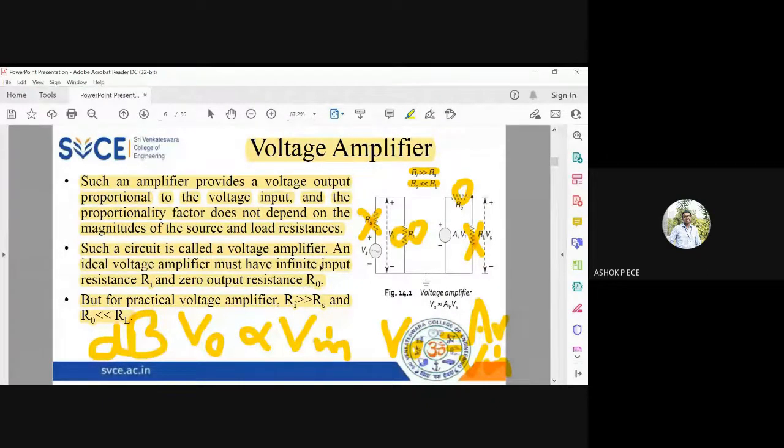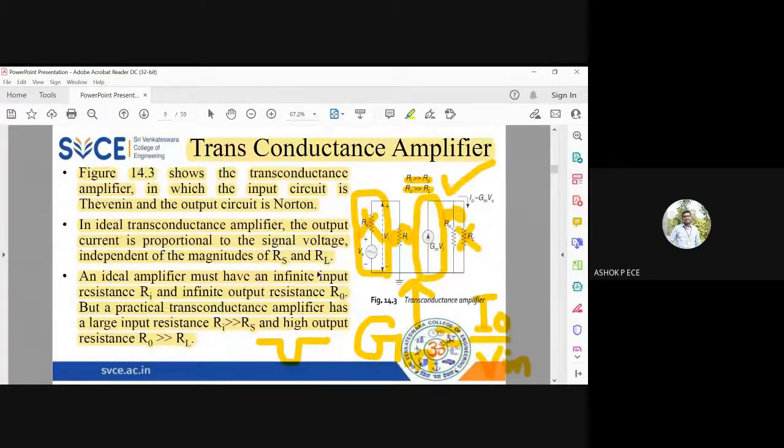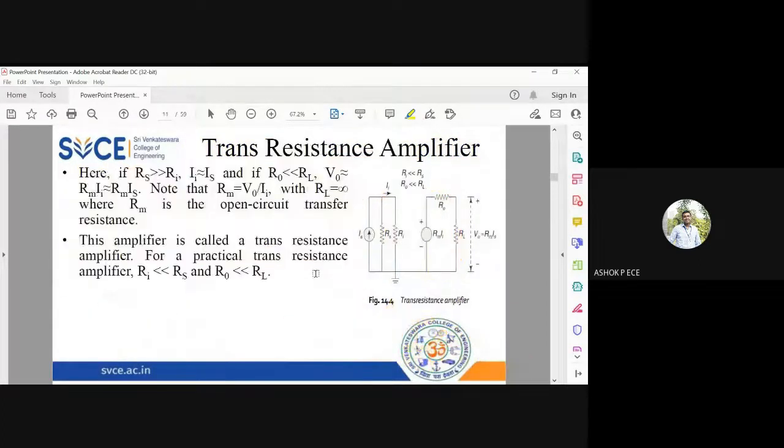So voltage gain in dB, current gain in dB, transconductance in mho, transresistance is going to be